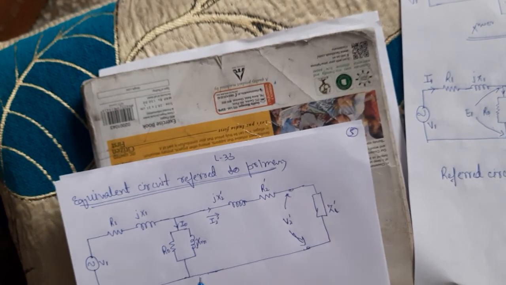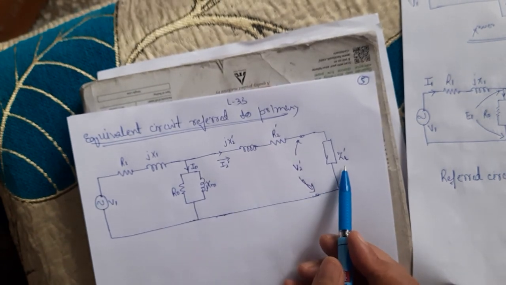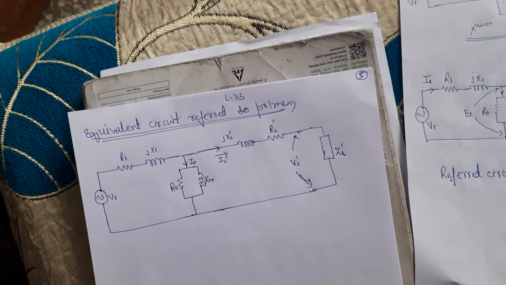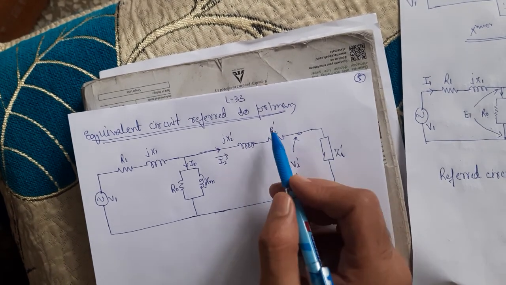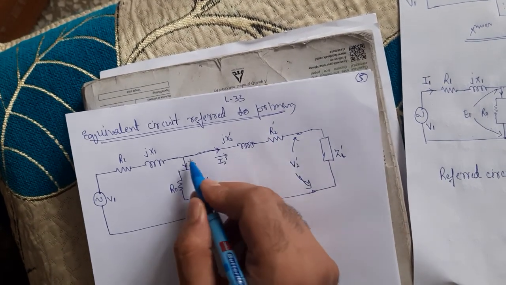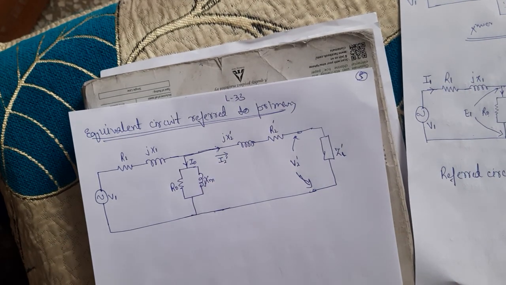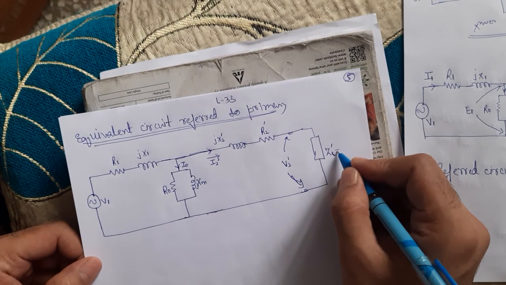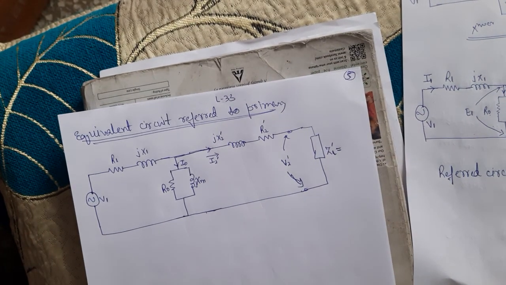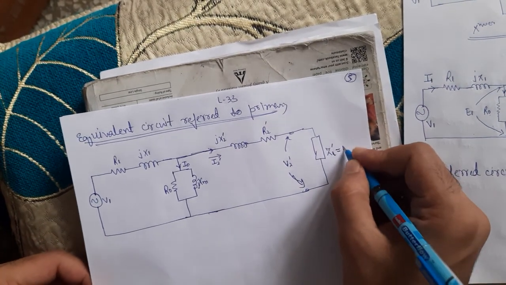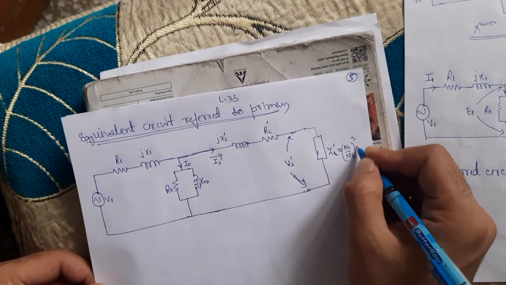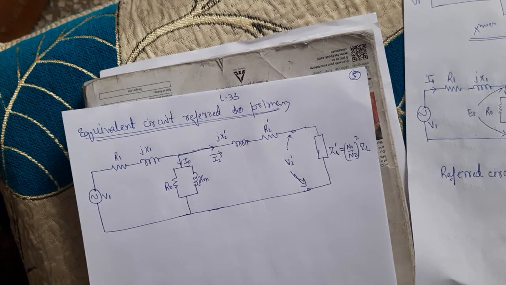Okay. So now I am saying these circuits, the secondary circuit, is referred to primary. Because of this, we are using the dash sign, and we are showing the direct electrical connection between them. So what will be the ZL dash in terms of ZL? ZL dash will be (N1 by N2) whole square ZL.